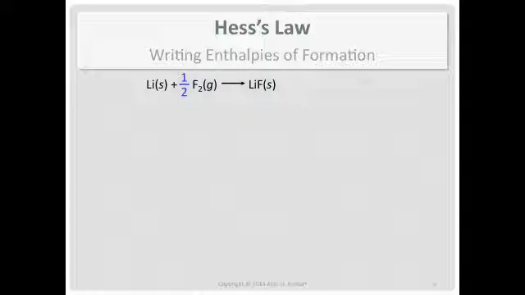The coefficient in front of the F2 is a 1/2, and that's because 1/2 times F2 gives me 1 fluorine. That's for the product, lithium fluoride. Previously, when balancing a chemical equation, if I had just given you the lithium plus F2 makes LiF, lithium fluoride, you probably would have done this to avoid fractional coefficients. You can't avoid fractional coefficients anymore. So the bottom one is not written properly because it's for 2 lithium fluorides and it has to be written for 1. I know I haven't explained why yet.